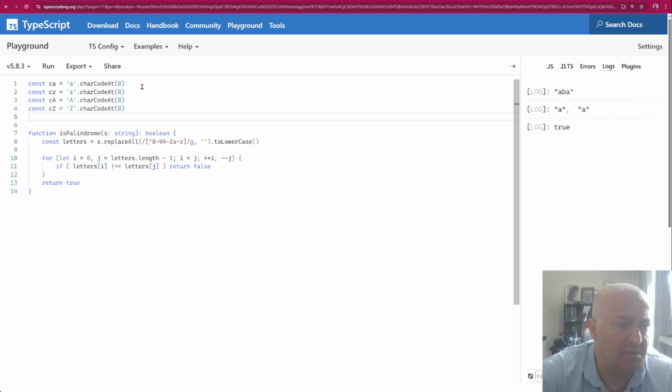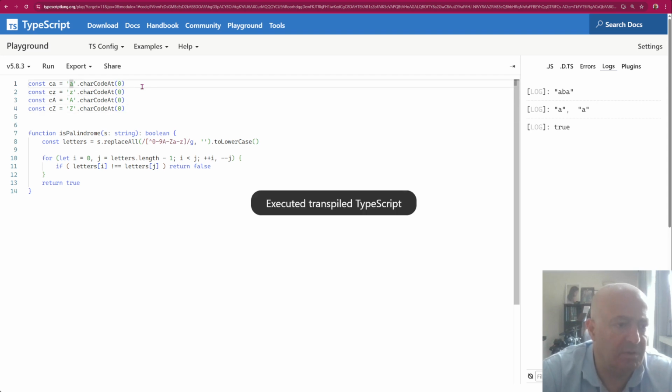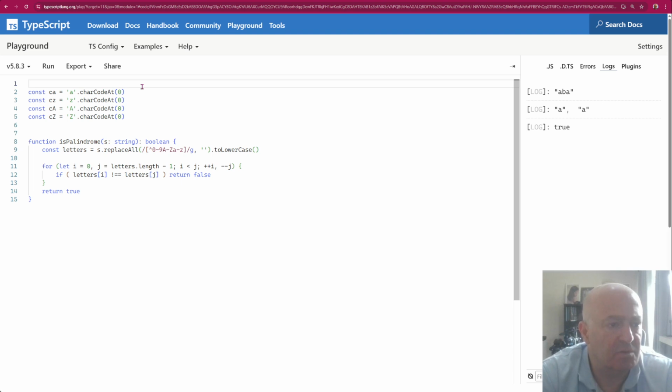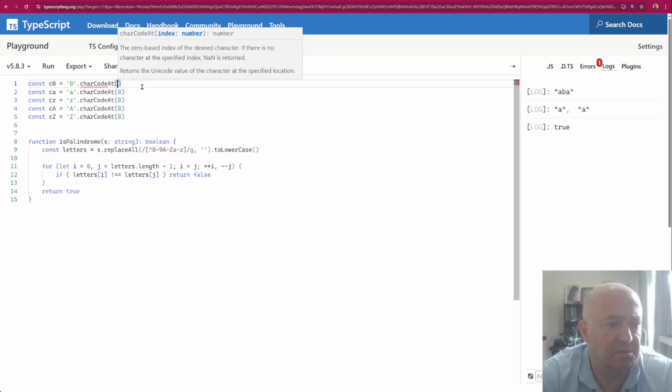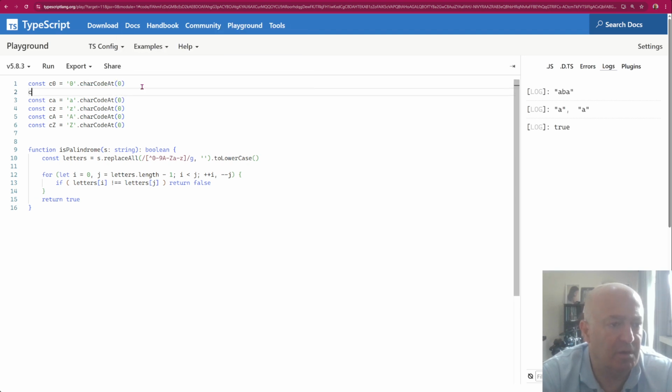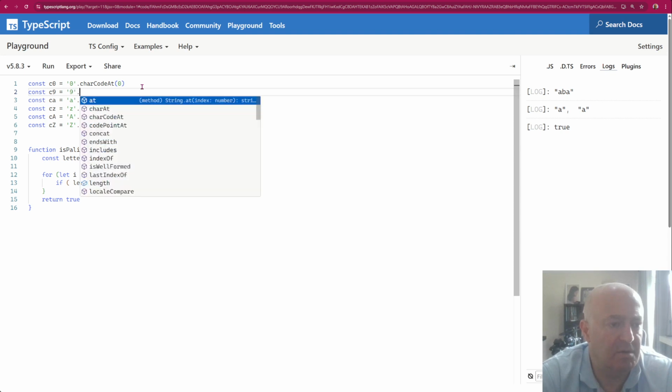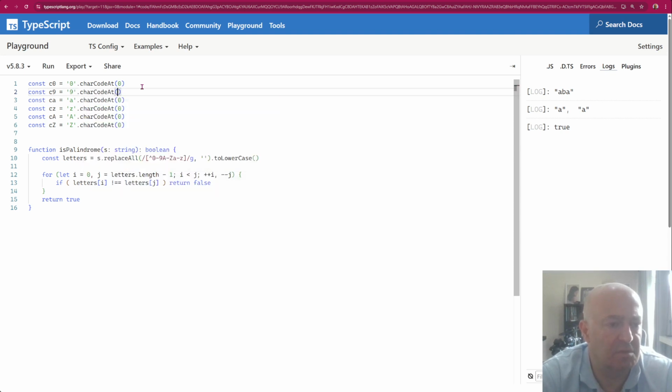And we also need maybe here. So constant code of 0 would be 0 char code at 0, and code of 9 would be 9 char code at 0. So we got a bunch of character codes. Now what I'm going to do is